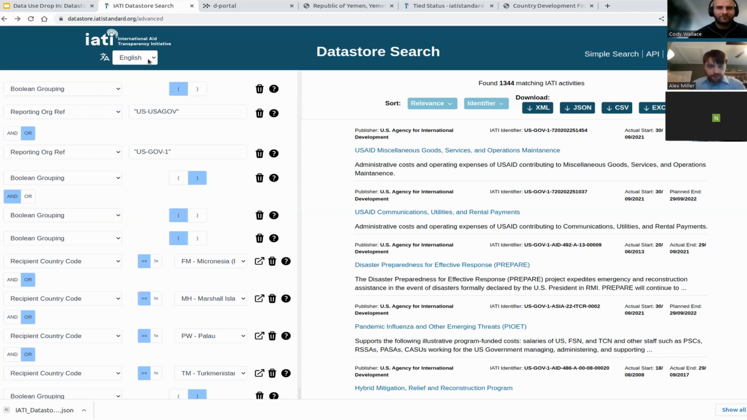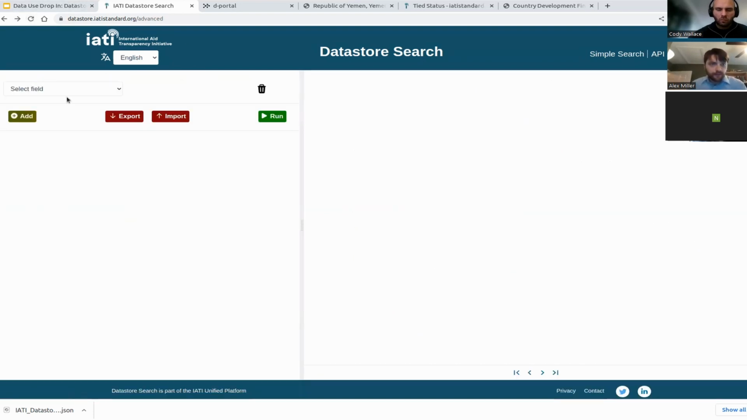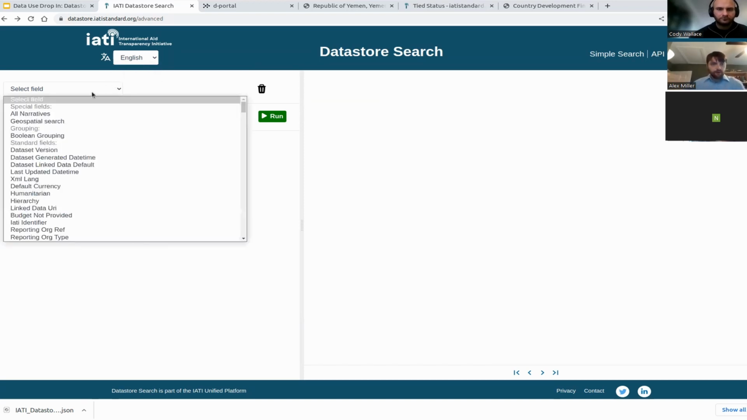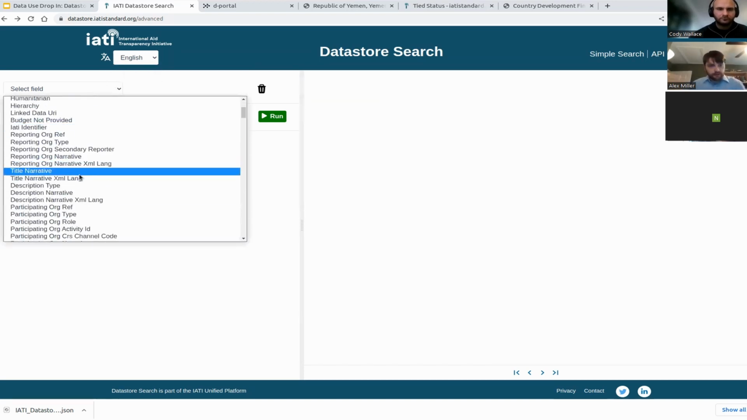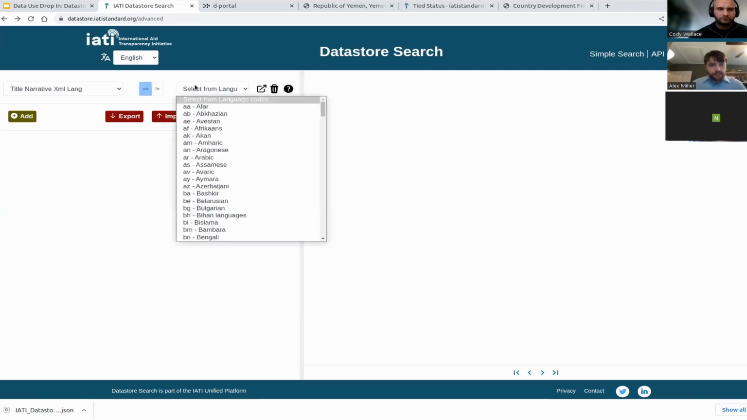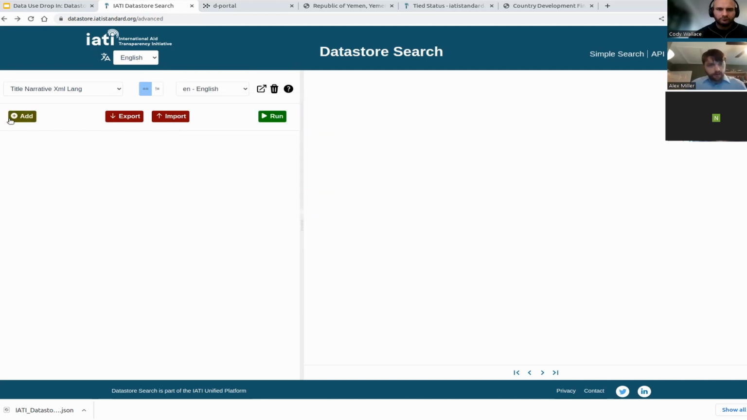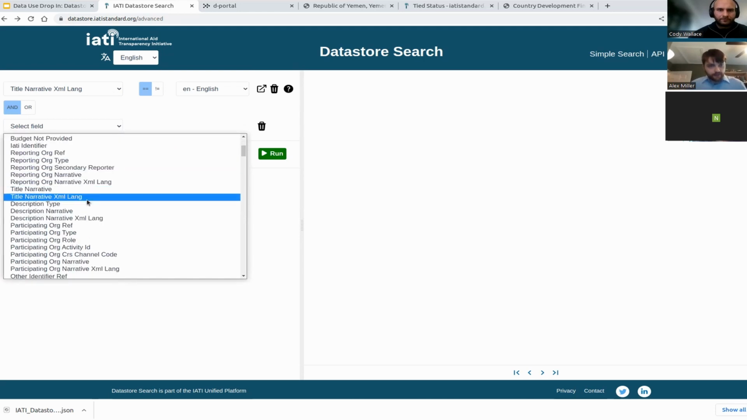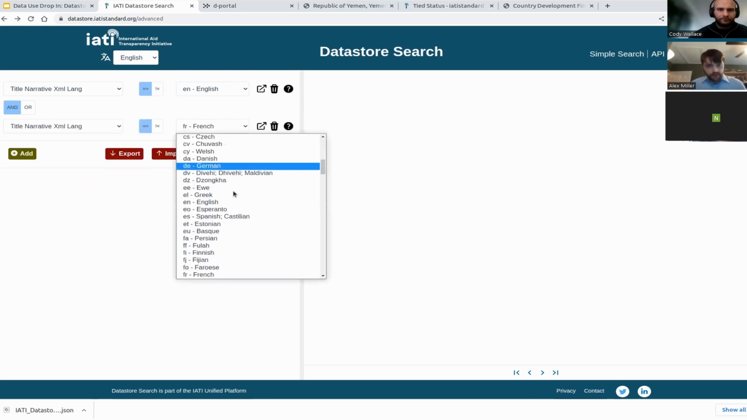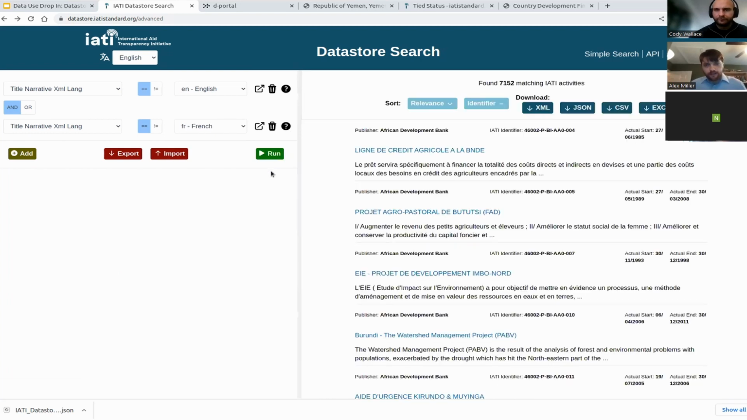And just one feature to flag as well. If the publisher has made their data available in French, the translation will also pull that out. So if I do, for example, the title narrative being both English and the title narrative being available in French, and run that,